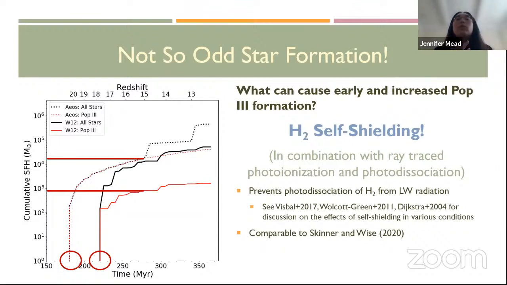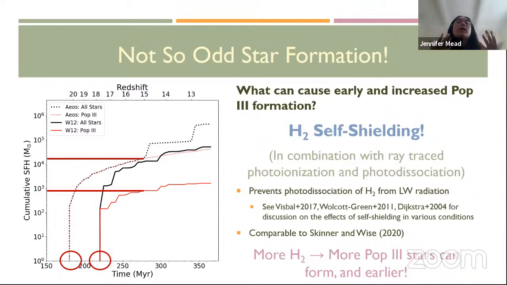But more importantly, what we were able to do is show that our results are actually comparable to a similar prescription that was used in Skinner and Wise 2020. And they also found that this molecular hydrogen self-shielding correction does cause earlier and increased POP3 star formation. So in all, because molecular hydrogen is very important for the cooling of primordial clouds, the fact that we have more of it means that we can get more POP3 stars to form, and we can do so earlier